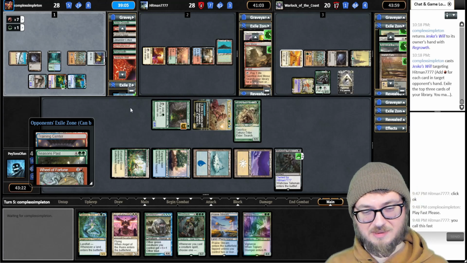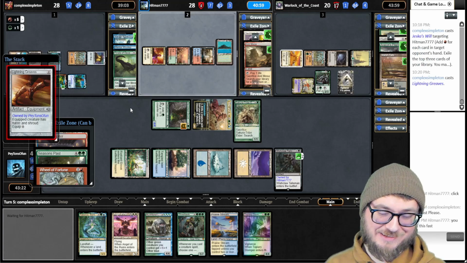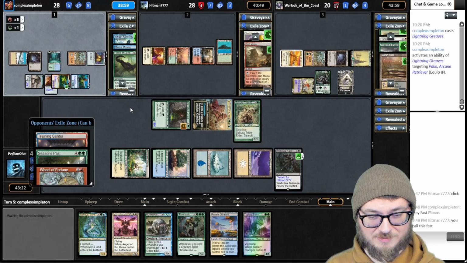I do like how the guy that was lecturing people about playing fast is the slowest one here. Why am I not surprised? Knocking on you again, buddy. I'm genuinely curious what's in his hand if he doesn't cast this Wheel of Fortune, as to why he's pro-clutching